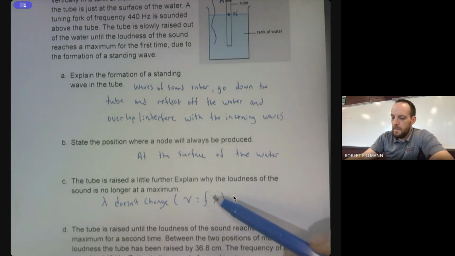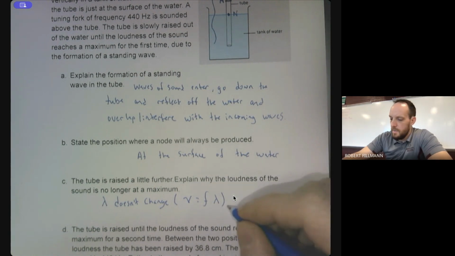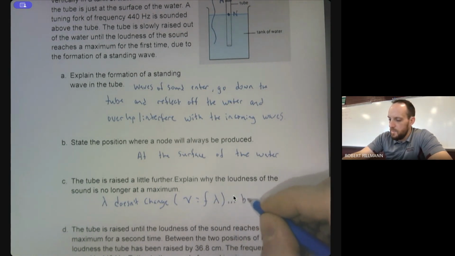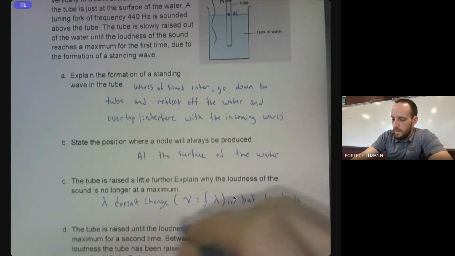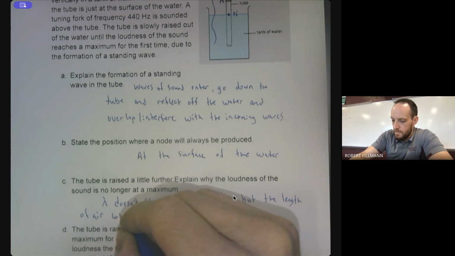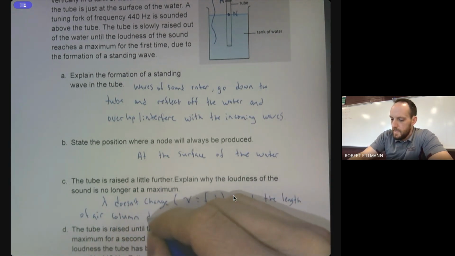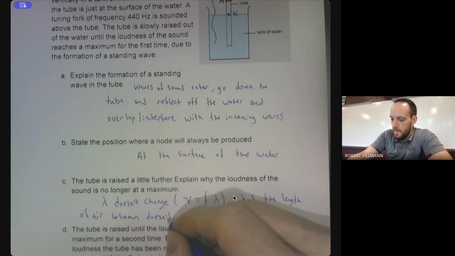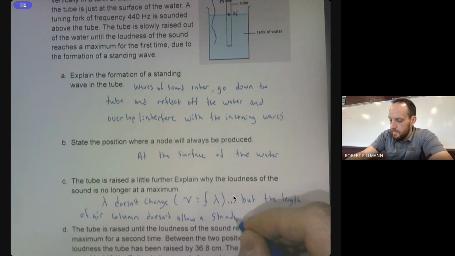And the frequency of the tuning fork hasn't changed. So lambda is a constant. Okay, so lambda hasn't changed, but the length of the air column is the wrong length. It doesn't allow a standing wave